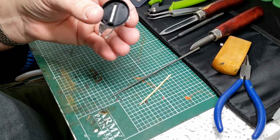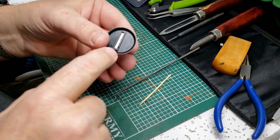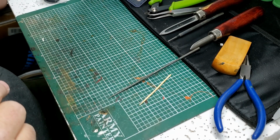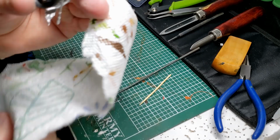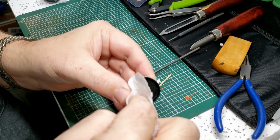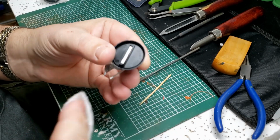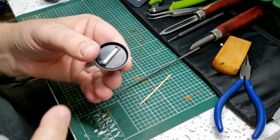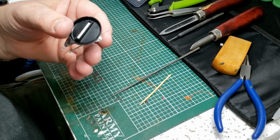All right, so there we go. See, a little bit of glue came out the bottom. Take a paper towel, wipe that off, just so it doesn't stick to whatever I rested on for it to dry. Or I could hit that with accelerant and it would just...